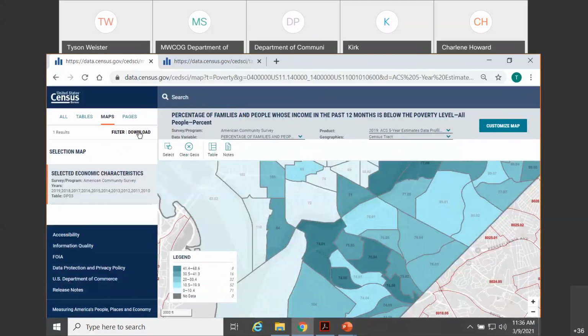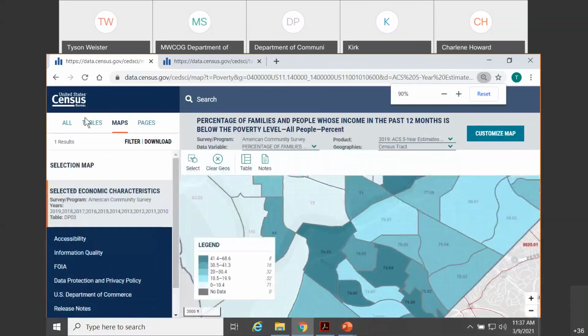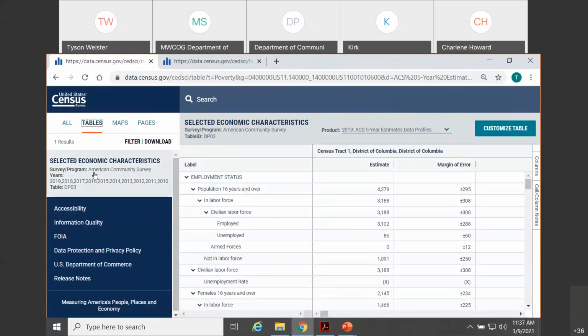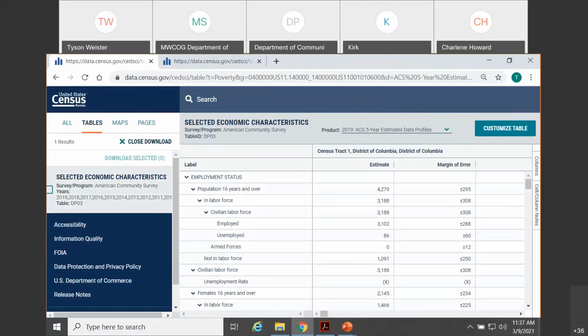We already have that data table pulled up here. So what you'll want to do is just get back to the table view. Here I'll click on tables, selected economic characteristics. There's a couple different ways you can go about downloading. On the left-hand side here, when you see the download link on the table results page, and click download, this